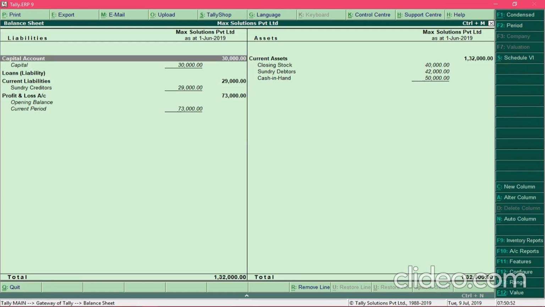Now to record the day-to-day transactions, I am going to use the same company. I want you to remember this information in balance sheet report and in profit and loss statement, because as and when I record the entries, that information will be updated. So the objective of this section is to make you aware of Tally's environment, as to how you record entries in Tally and how information gets updated and how to read the same. Now let's proceed to record the entries.